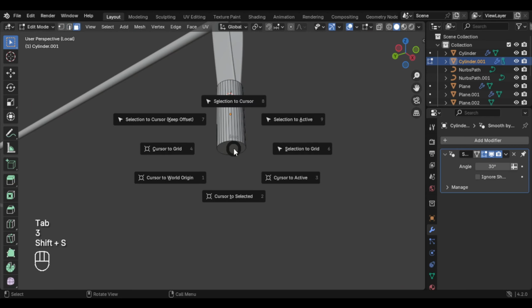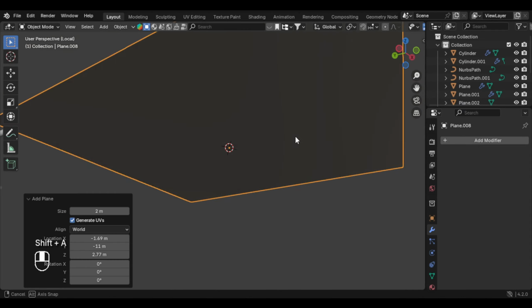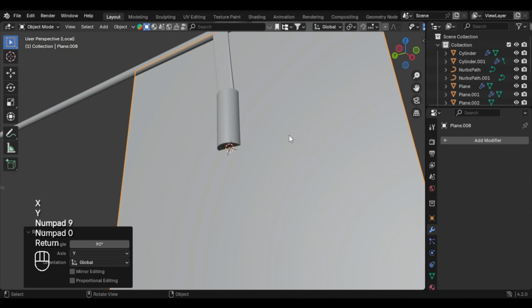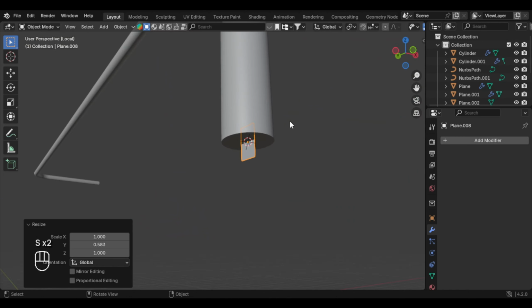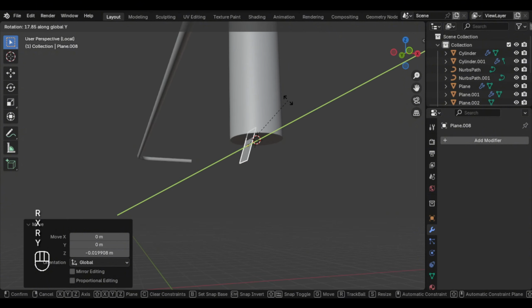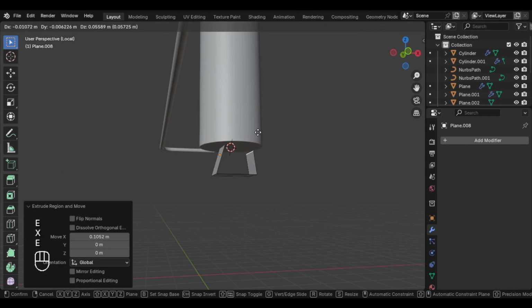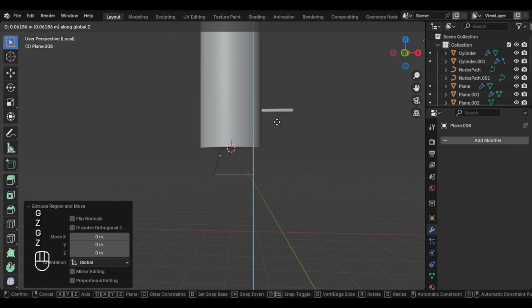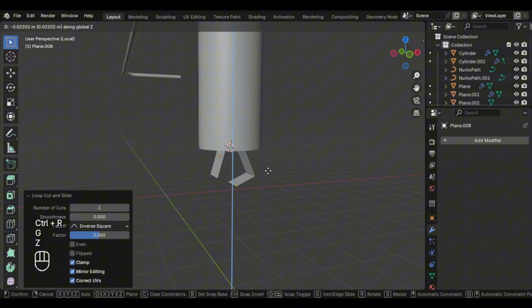go to edit mode and select this face, cursor selected, and you can select the plane, and let's rotate it and make it smaller, and we can make it a bit to here, R and Y, and we can select this edge and extrude it and extrude it again, so G and Z, move it to here, and let's give it one more loop cut and just shape this,